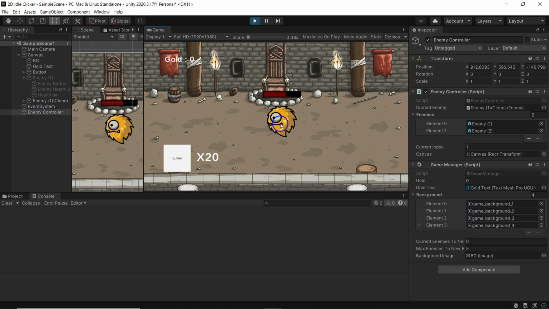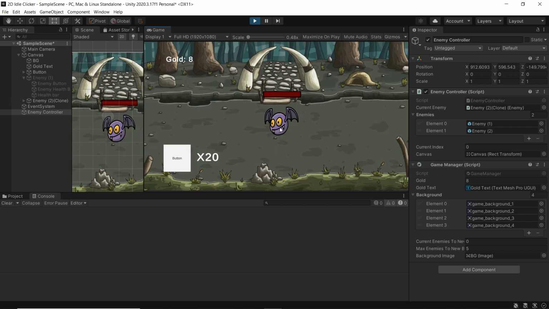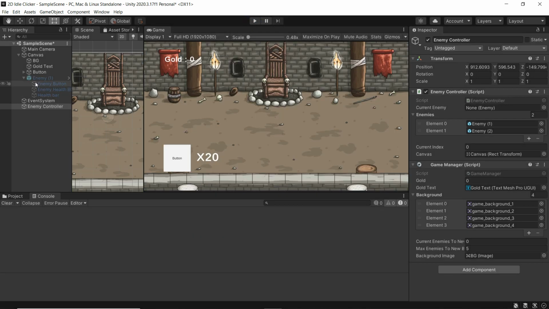So now I'm going to kill it. That is the second one, and it's back to 0 because we have just 2. As soon as the 2 is finished, it goes back to the next one. 1, 2. 2 is the max because it's the max index, that's why. That means if we have more enemies,